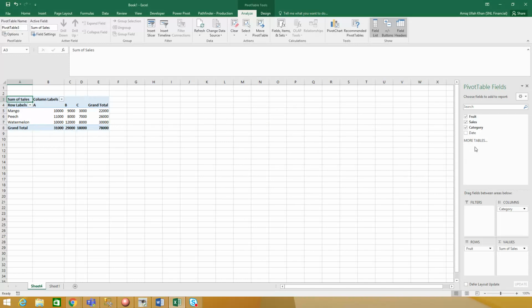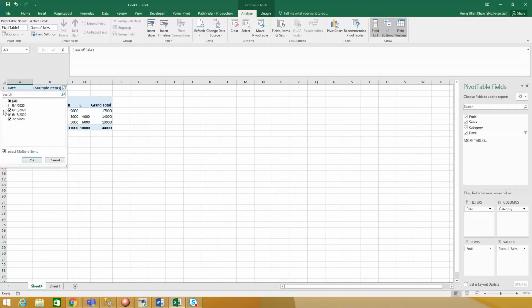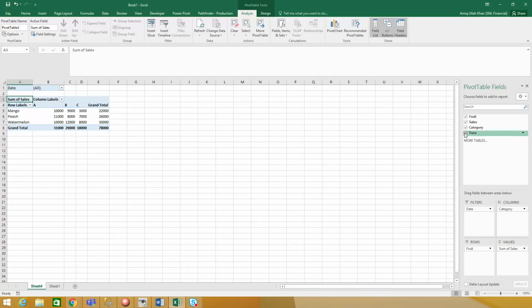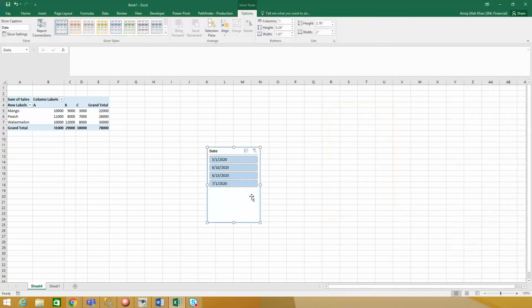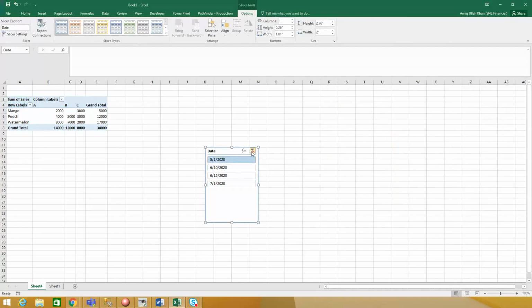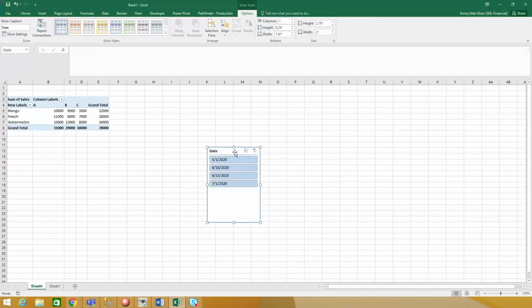We can add a filter as well if we want to select a particular date except May 1, or if we want to select all, we can remove it as well. We can insert a slicer, it's just like the filter. Select any date, select all,